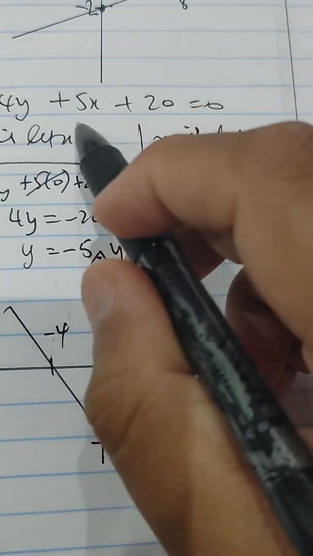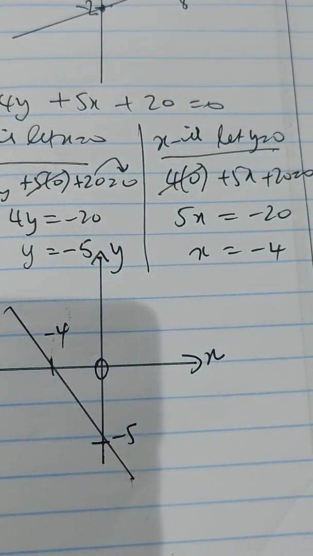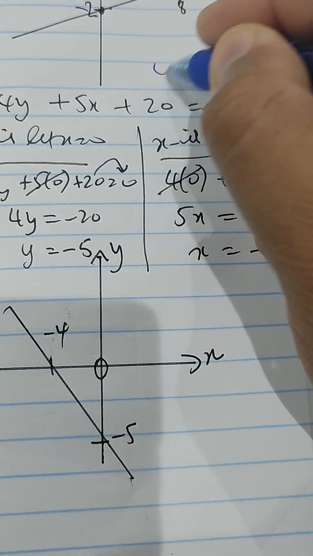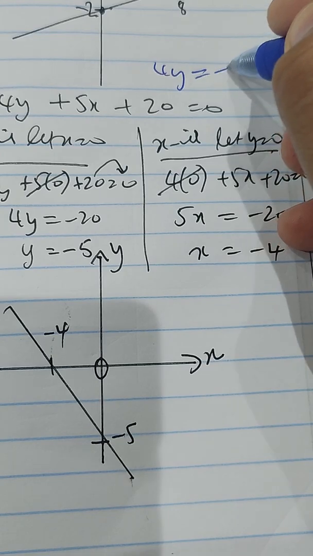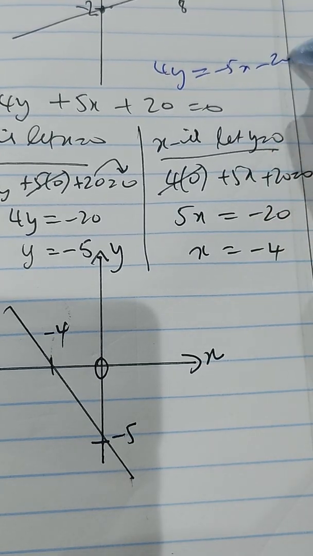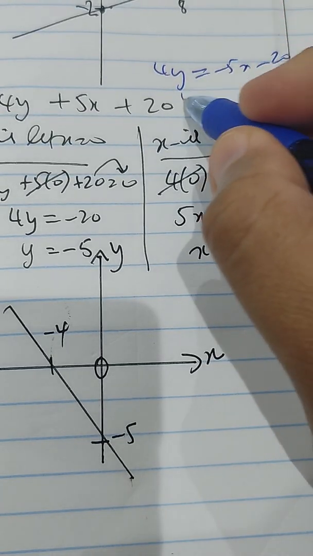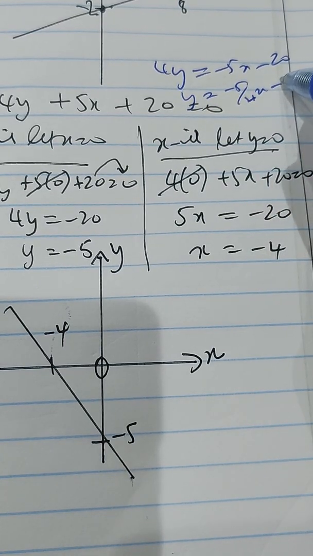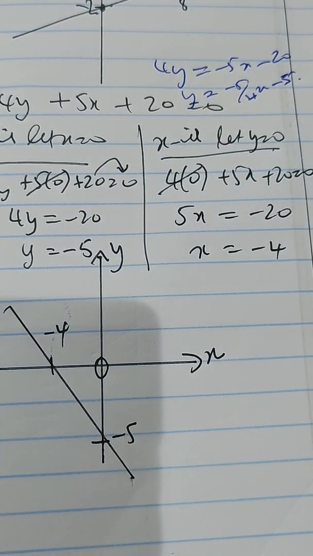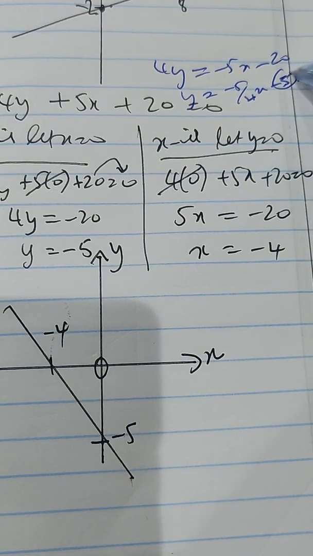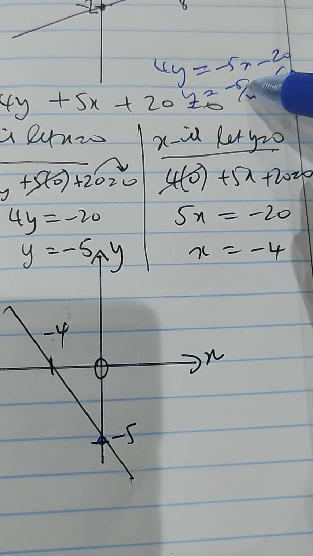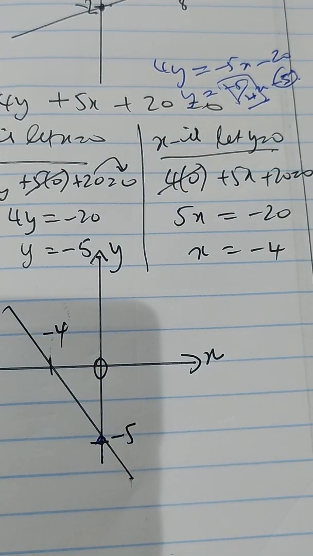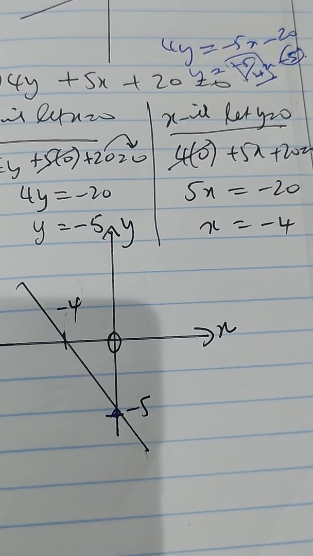Let's see what the standard form of this graph looks like. Does it confirm what my graph looks like? So it's going to be 4y equals negative 5x minus 20. Yes, so we got y is equal to negative 5 over 4 x minus 5. You see here your y-intercept is normally your c value, which is negative 5. And your gradient is negative. Okay, so yes, makes sense. Let's look at